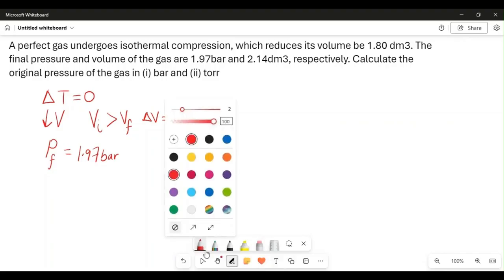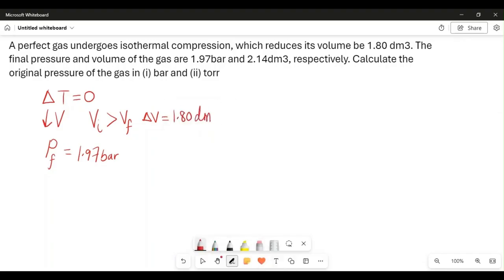But just know that dm cubed and liters are literally the same thing. I believe dm cubed is used in the UK and liters is used in the US. So the final pressure is 1.97 bar and the final volume is 2.14 dm cubed. If you remember correctly, I mentioned that the initial volume is greater than the final volume, and then we have